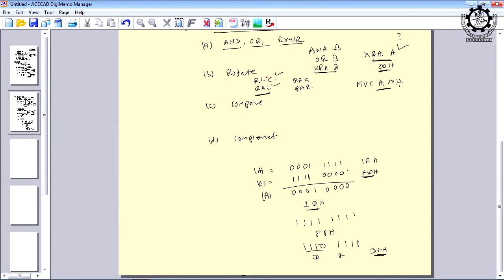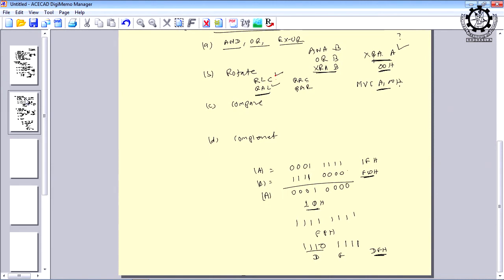Is it okay? Then what is RLC? The only difference is that in RLC, the leftmost bit position will affect the carry flag, and the leftmost bit will be stored in the rightmost bit position directly, but the carry flag will not be taken into account. So, how to remember? Wherever C is written, you will understand the carry flag will not be taken to the rightmost bit position, and wherever C is not there, that means going through the carry.